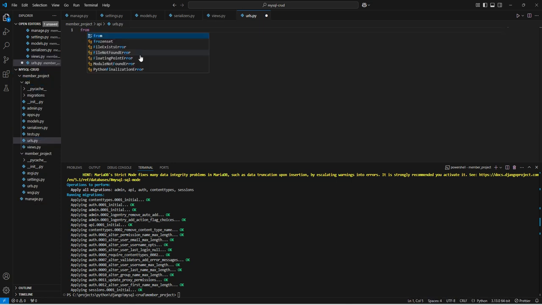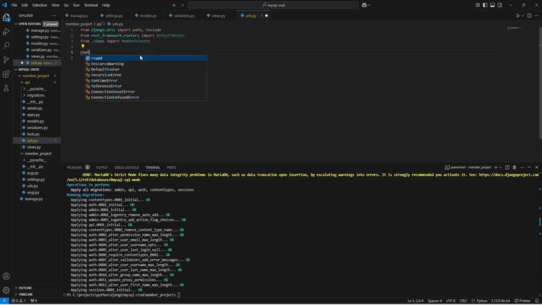Inside this we can use django.urls, and we can import first path, next include, and from rest_framework.routers we can import DefaultRouter, and from views we can import MemberViewSet. Now let us create a router from DefaultRouter,